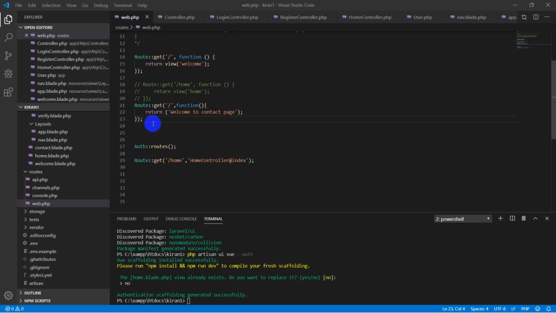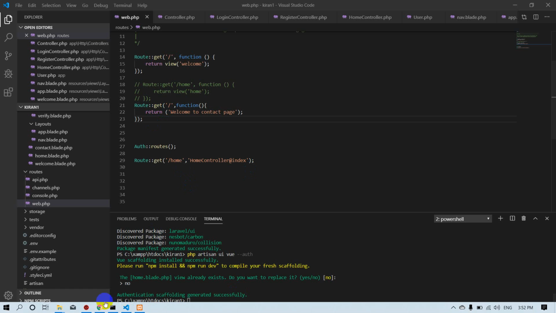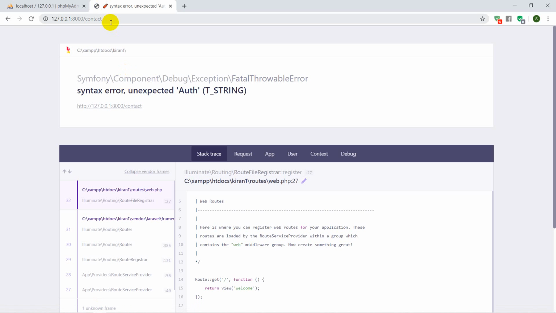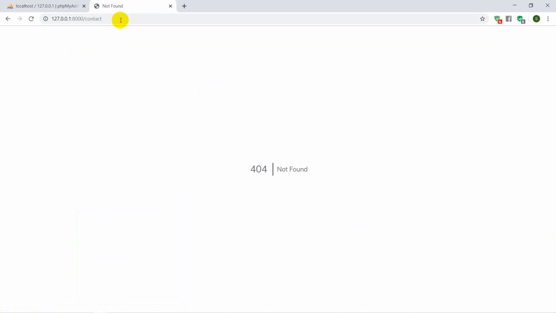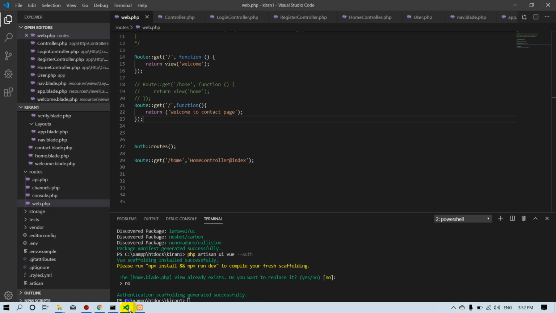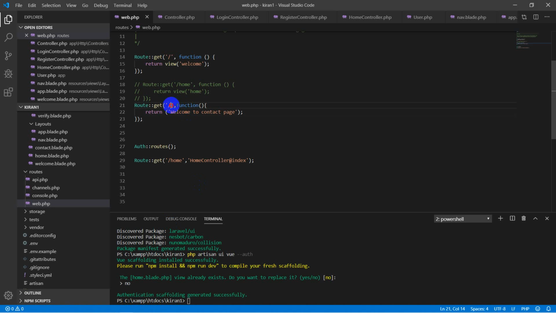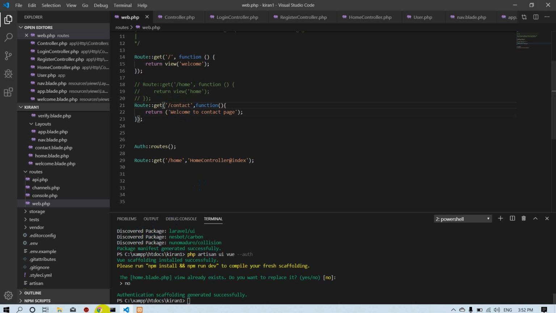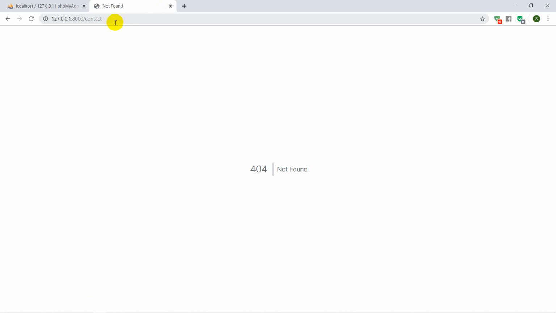Sorry, I have made a small bug there by missing a semicolon. And now let's move on to the browser, and so again I have made a mistake. So have a look on the desktop, and the contact can be seen on the browser. So there appears welcome to contact page.